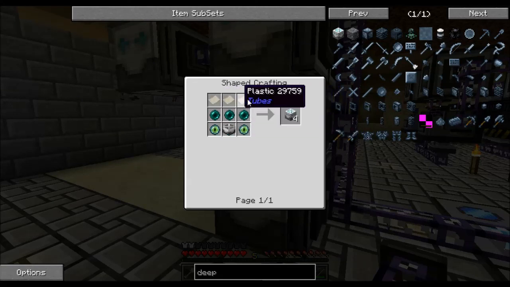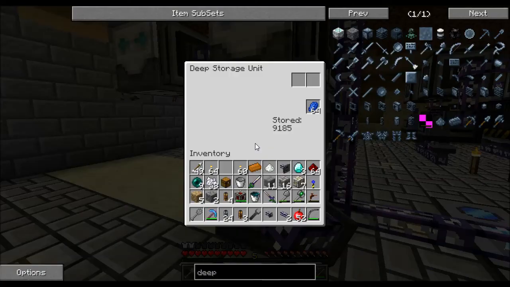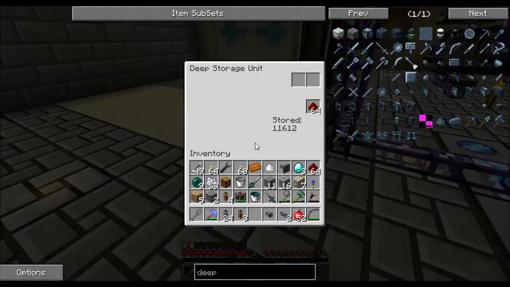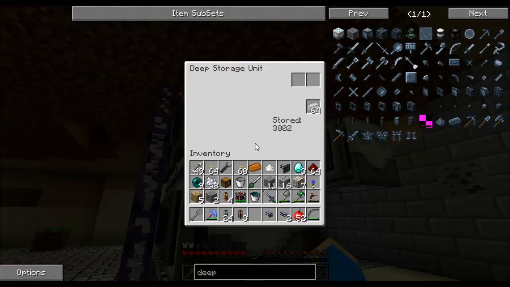This stuff is really easy to make, the plastic stuff. If you've got blaze rod access, however, you need to get to that. And ender pearls, this is incredibly cheap. And here's the thing. These guys store up to 2 billion items. 2 billion items. Right in here. You will probably never fill one. So they're really handy. They sit in one spot. They don't go anywhere. They don't make a mess. And maybe the best part about them